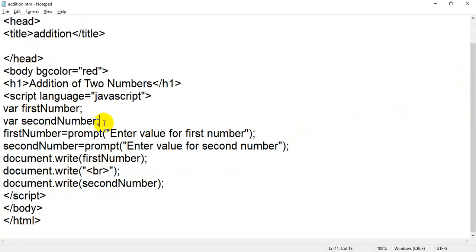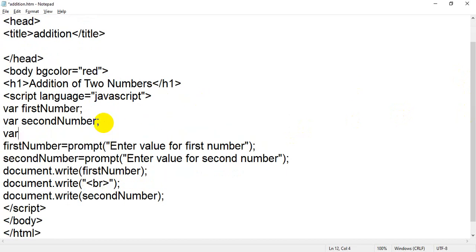So I will declare one more variable for result, where result I will write var result, and here I will write result equal to. What is the formula for addition? First number plus second number, yes or no? And the addition will be stored inside the result variable. So what is your first number?